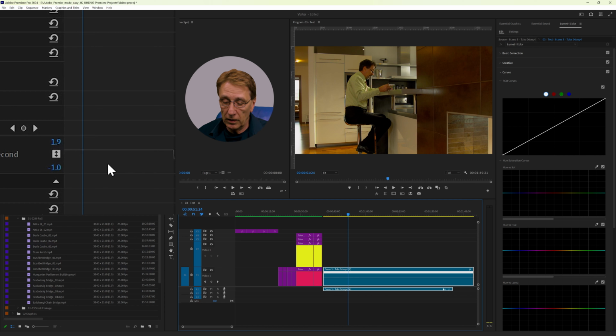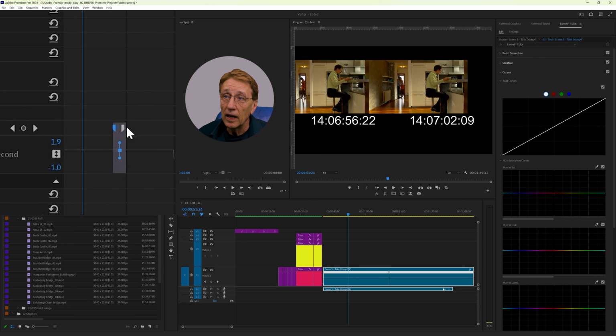A keyframe is set when I hold the Control key and you see the mouse changes, looks like a pen with a plus, and when I click here, I can set a keyframe, and the same keyframe is reflected here. And the same as we did last time, we can split this keyframe and create a ramp.